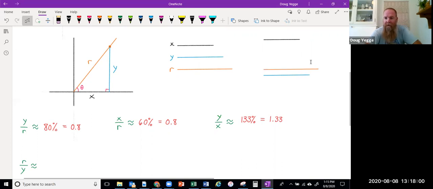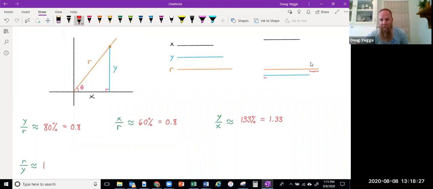That's good enough. Now if we try to determine how big is R compared to Y, this is a little bit trickier again, because I see that R over Y is definitely more than 100%, so it's 100 and something. If the numerator is larger than the denominator, it's bigger than 100%. So now we just want to see how big is this extra